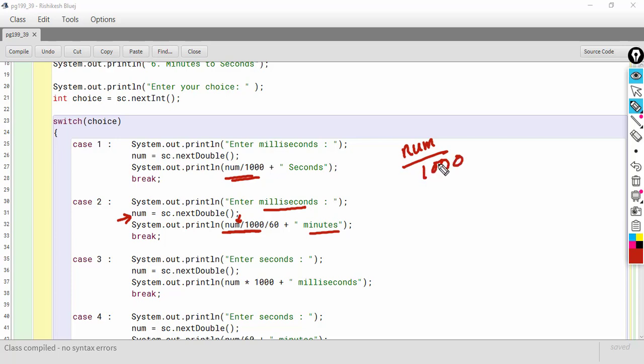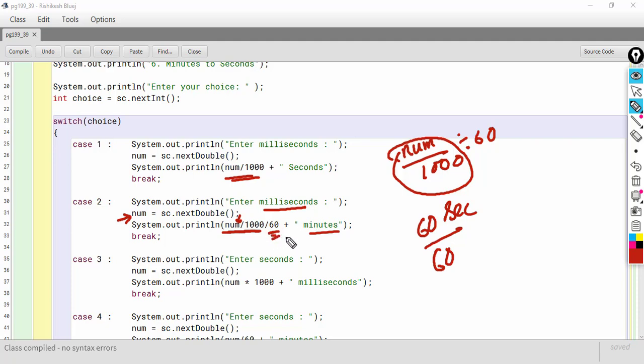And this I have to divide by 60 to get the number of minutes. So this num divided by 1000 will give me seconds. 60 seconds should contain 1 minute, so I have to divide this by 60, and that will give you the number of minutes.